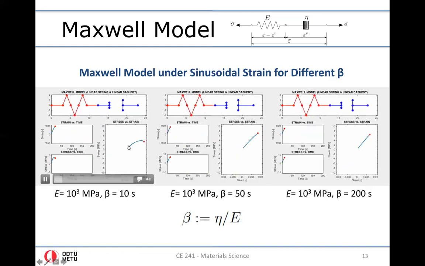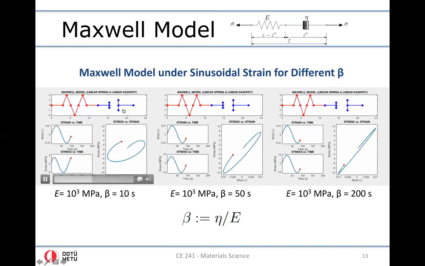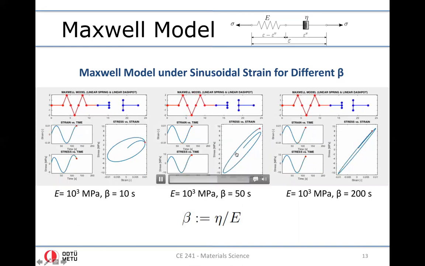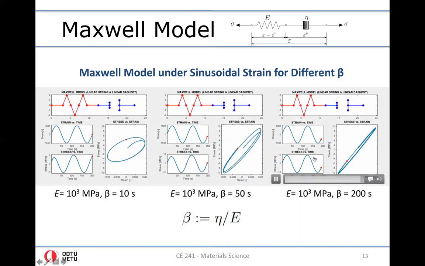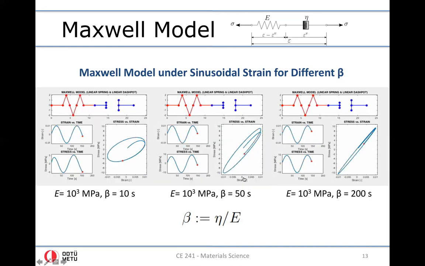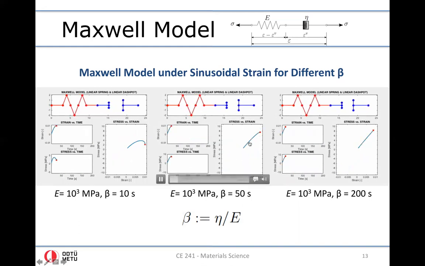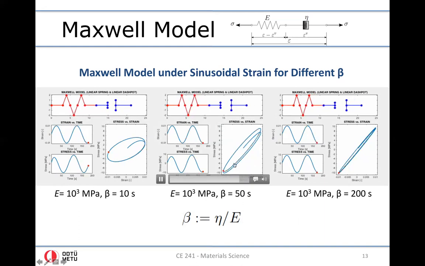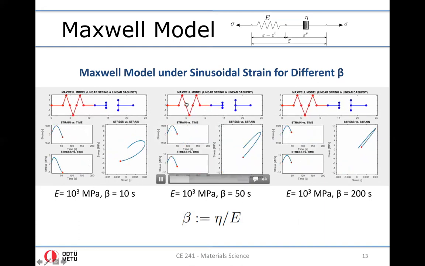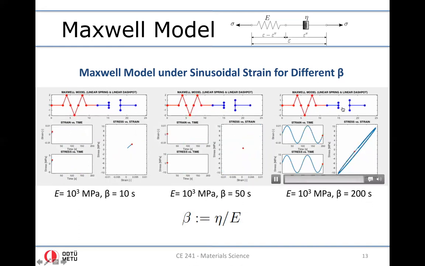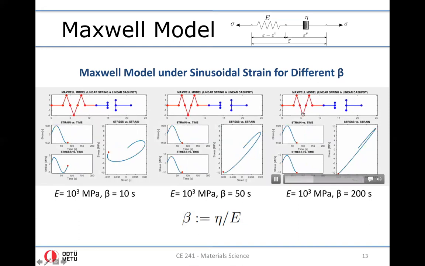So you see here, spring doesn't deform much, while the dashpot deforms faster, right? Therefore, the stress generated is relatively small, especially compared to the second movie and the third movie, the one in the middle and the right. So when you increase the relaxation time, therefore, when you increase the viscosity, you observe a steeper curve, and the spring deforms more, as expected. And when you increase the viscosity, the dashpot doesn't deform much, but the spring is the one that follows the